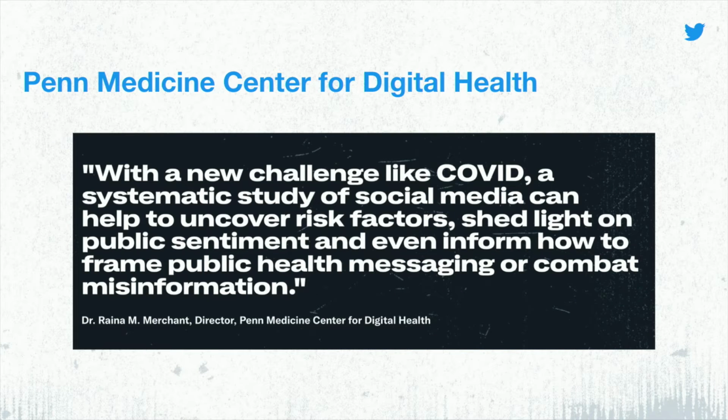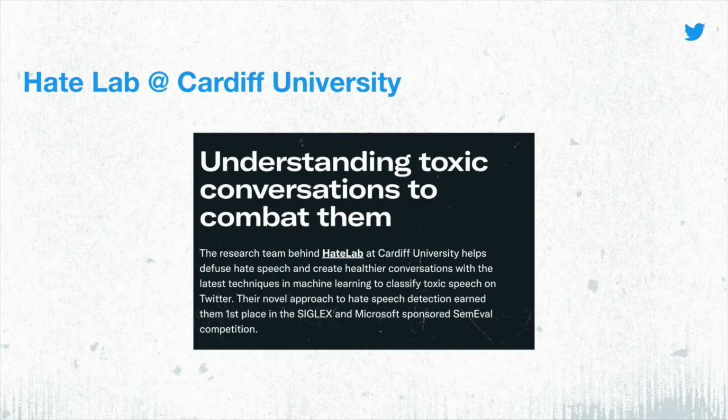So they actually end up using the Twitter API for that. You can find details of their use case on developer.twitter.com, right? Similarly, we have another example, the HateLab at Cardiff University. They essentially use machine learning to classify toxic speech on Twitter. You can also find on developer.twitter.com how they used Twitter data to classify